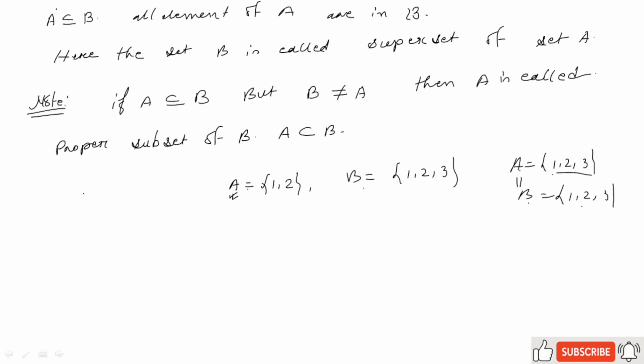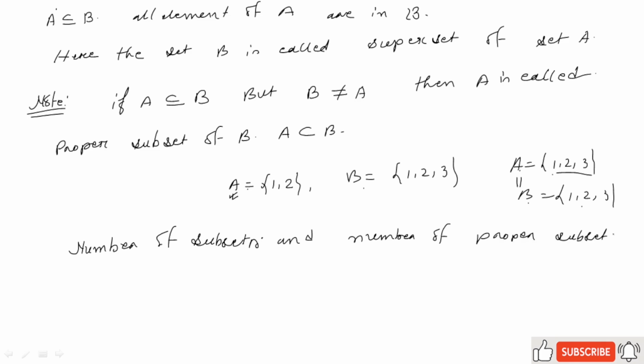Next is number of subsets and number of proper subsets of a set. So, in a set, if there are 3 elements, then how many subsets will we get and how many proper subsets will we get. So, look here,